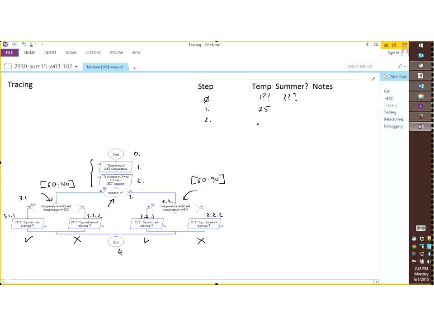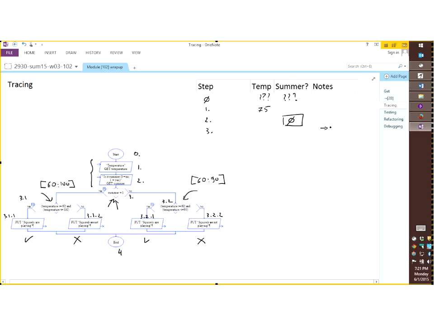Next step is step number 2. Same thing for summer. Let's say that we provide the value 0 for summer. So I write down what has changed. The value for summer has changed. I don't write anything for temp because it did not change since the previous line, and I keep going like that. So what happens now? Summer equal 1. This is going to be step 3. At step 3, I'm testing summer equal 1.